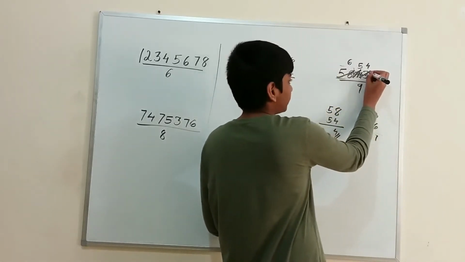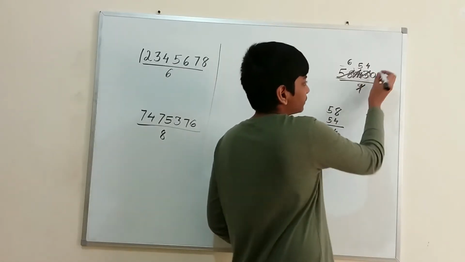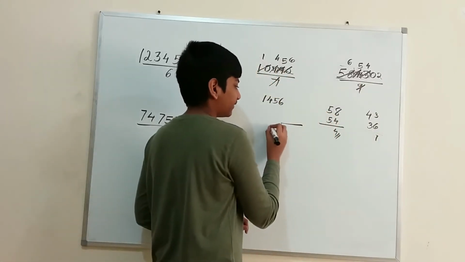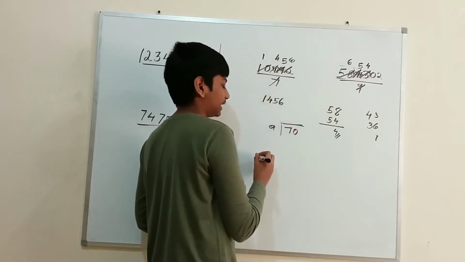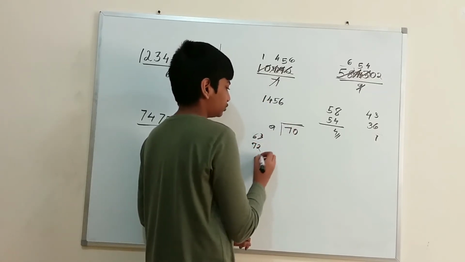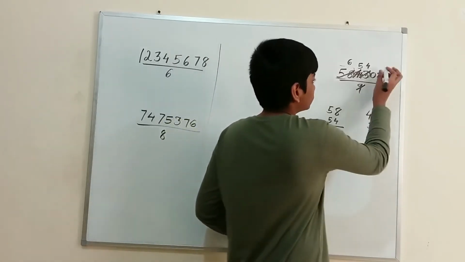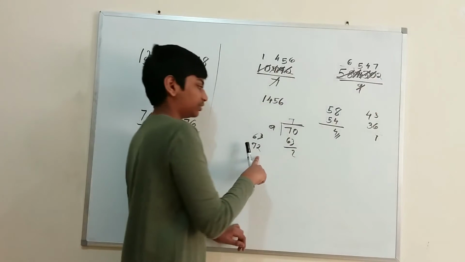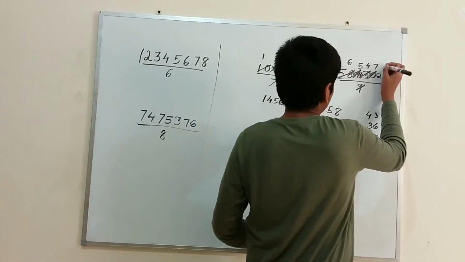So 7, the 70 is going to be 7, and next one is going to be our 7 table. Can this 70 be divided by 9? So let's check. 70 divided by 9: first, 70 is there, right? So in the 7 table, how much will we get? 63, and in the 8 table it is going to be 72. So we are going to get the 7 table, which is 63, and we will get the 7 as the remaining. So here when we cancel, we will write over here 7 and a 72. So 72 divided by 9 is nothing but 8. So you will get an 8 over here.